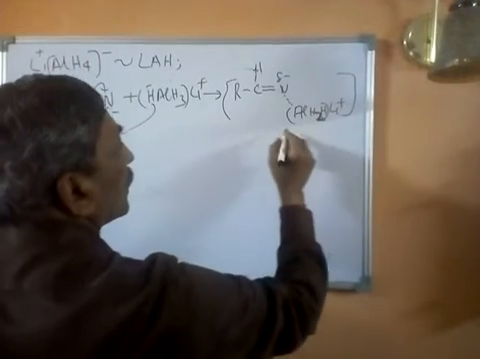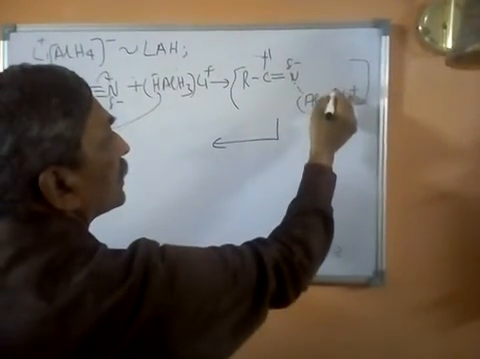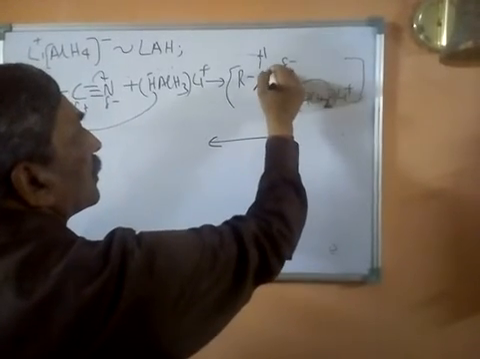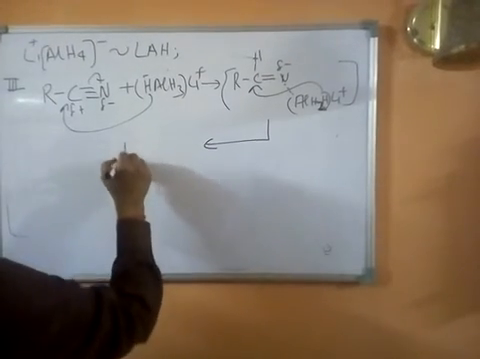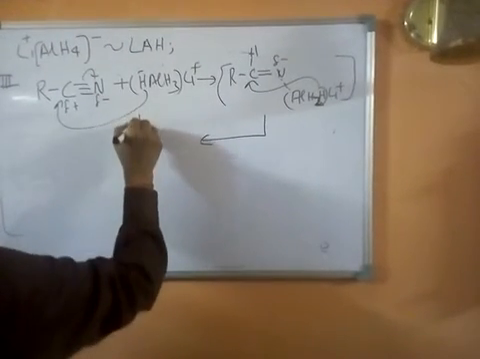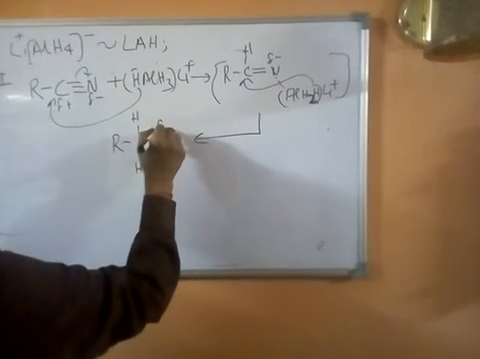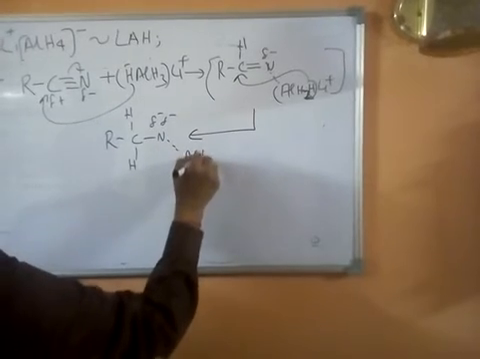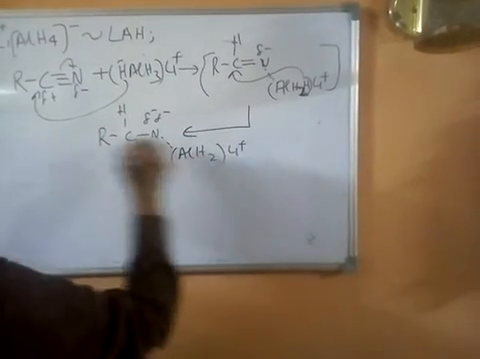And now there is an internal transfer from this moiety. Another hydride attacks this carbon, and we end up forming RCH2N delta minus, AlH2, Li plus,